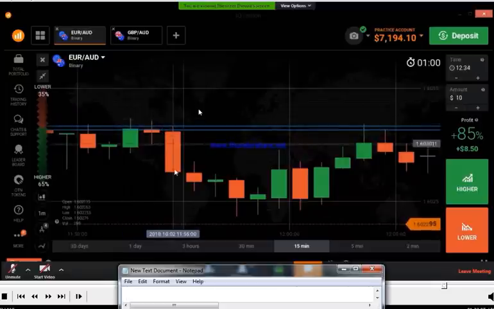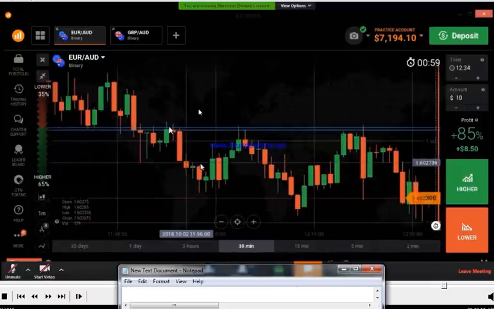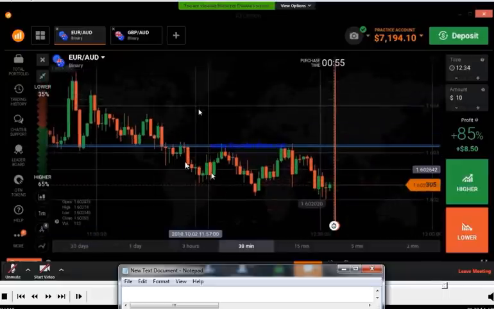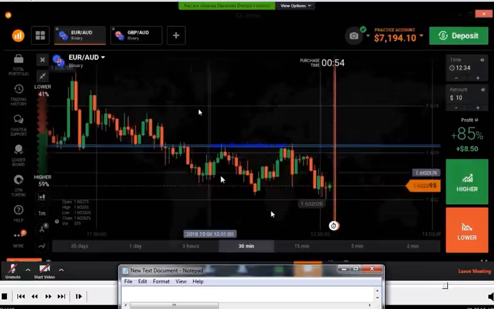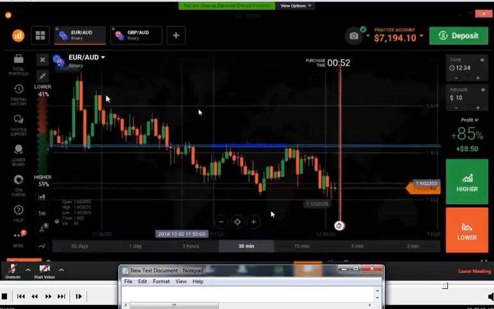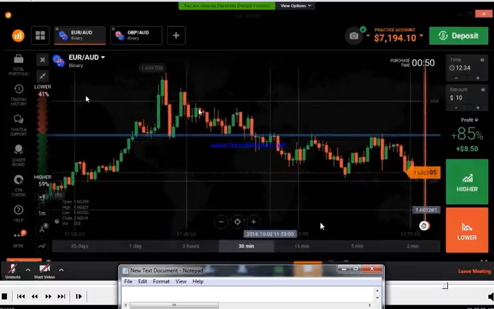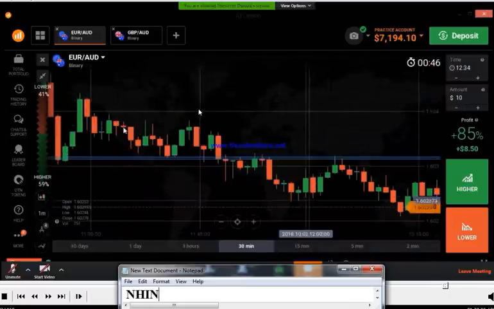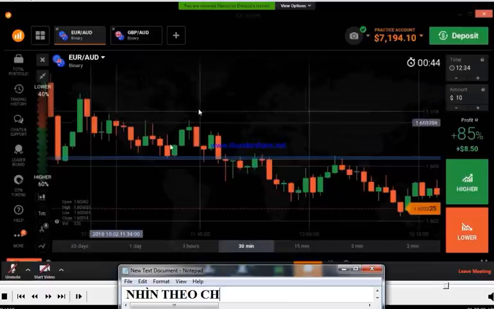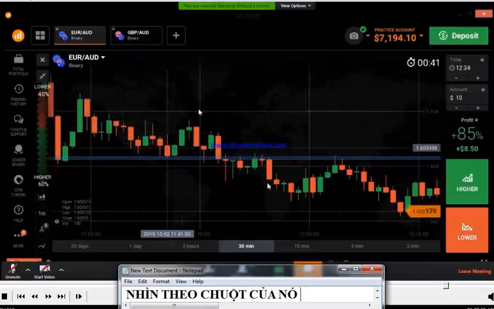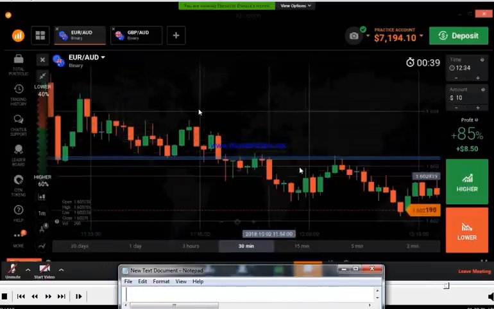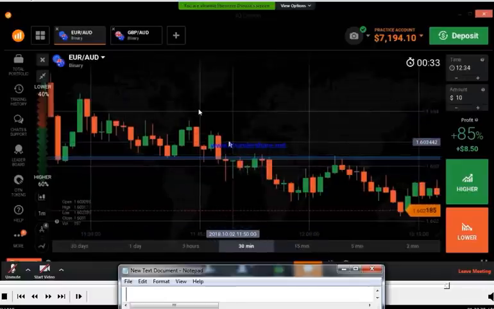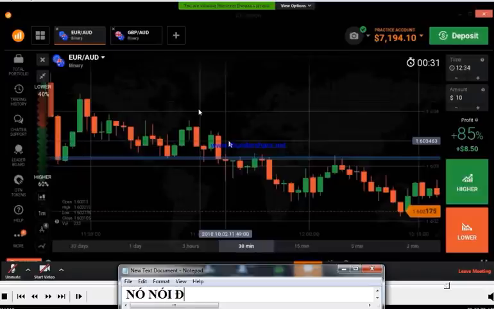After this reversal candlestick, you can trade with a lower option in the direction of the trend. Right, always trade in the direction of the trend. It will work. You can see this is a downtrend from here to here. There are so many bearish candles, and very few bullish candles. So if you go with the trend, you have so many opportunities to win, right?